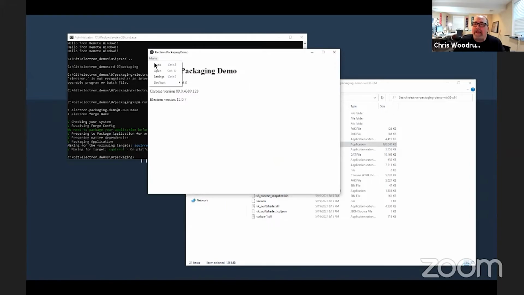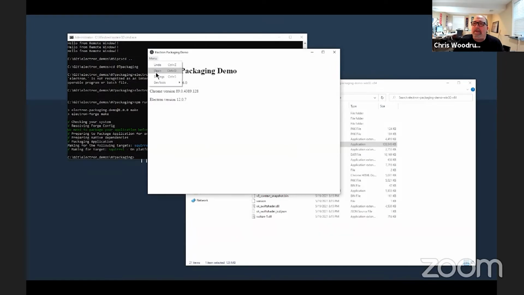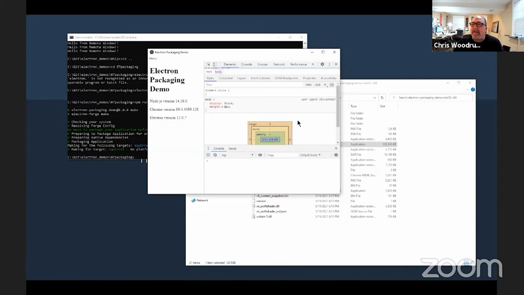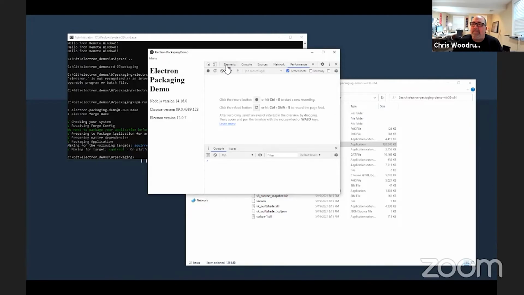there's my application again. It keeps showing on my main monitor for some reason, but it does allow me to open up a setting. It lets me open up DevTools. So even inside the Electron app that's fully compiled, I still get all of the capabilities and all of the Chrome DevTools features.